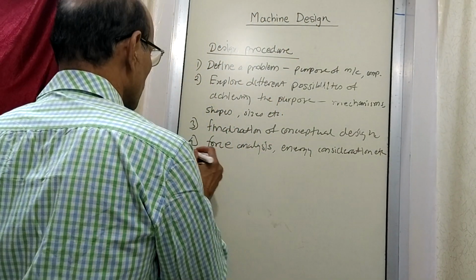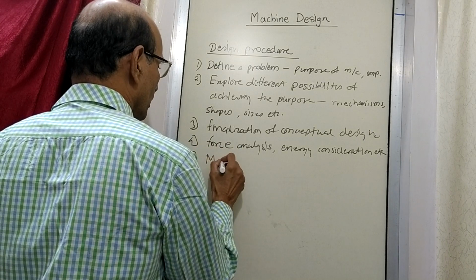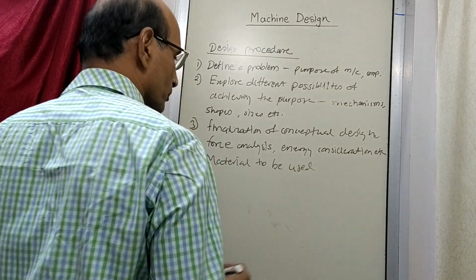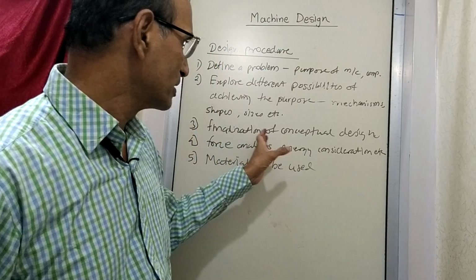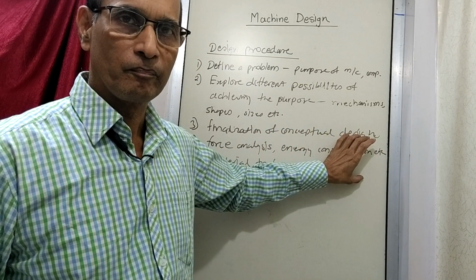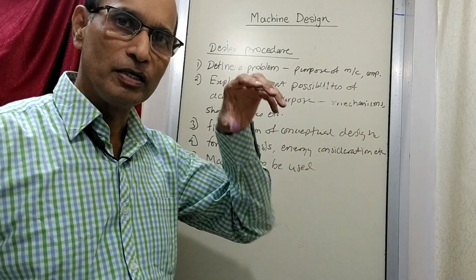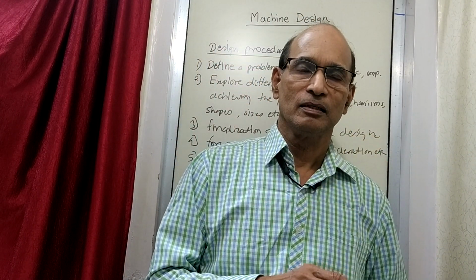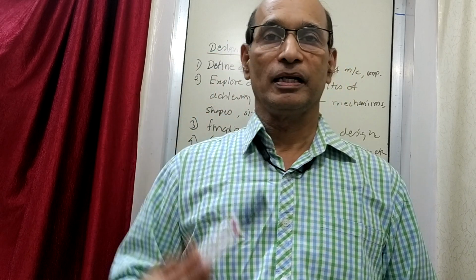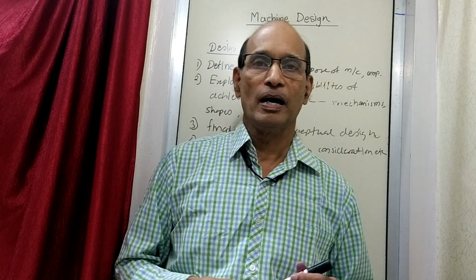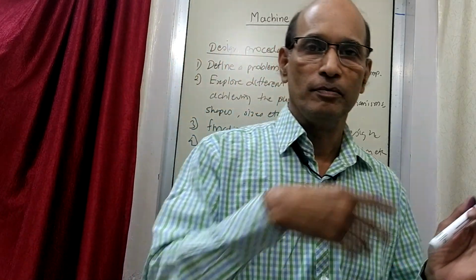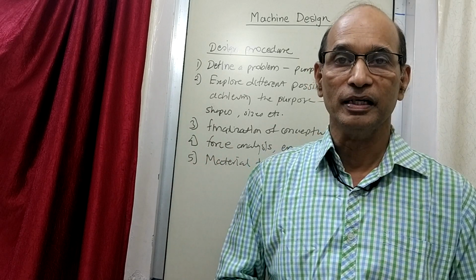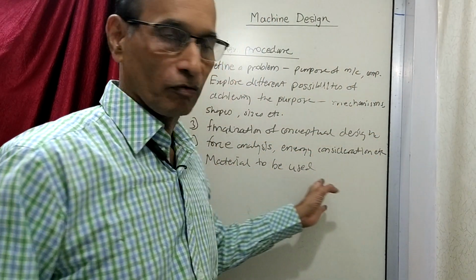Now while doing this, we also think about the material to be used. Now we have got shape, size, everything, let's say more or less confirmed. Having done that, a part is to be made of certain shape and size to achieve a certain task. The next thing is, what material will it be made of? Can I make it of, let's say, steel, or can I make it of aluminium? Can I make it of some other material like wood or plastic? Depending, again, on the need. So that is to be thought of.